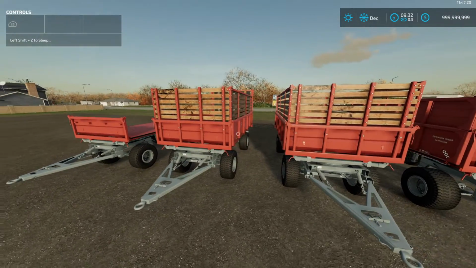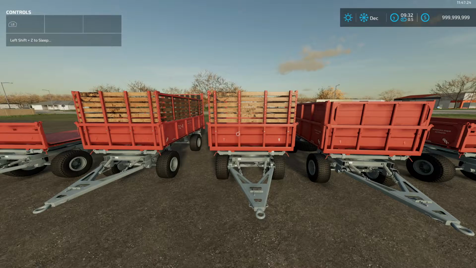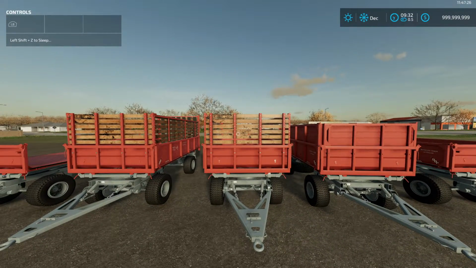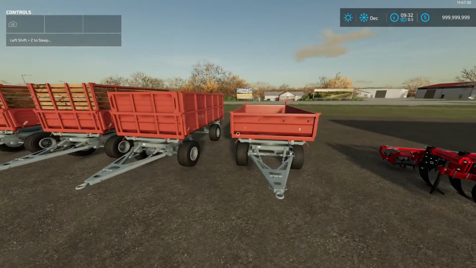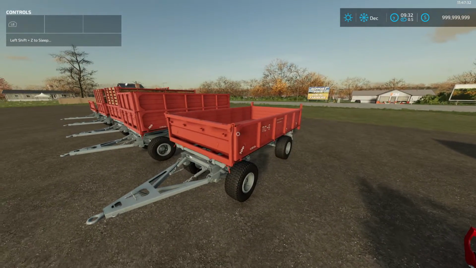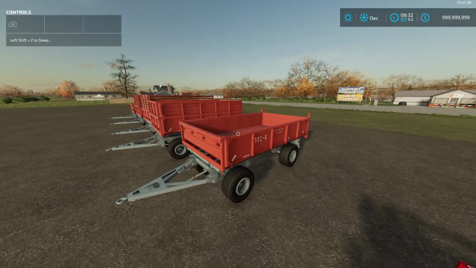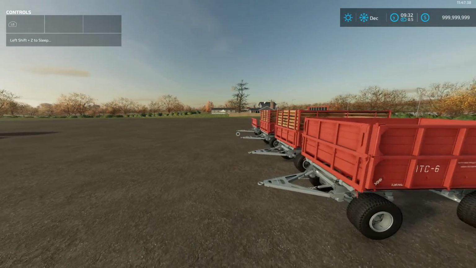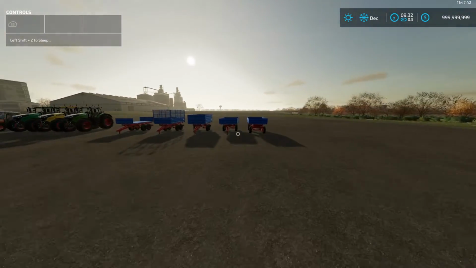And you can change all the colors and everything on it, from the frame, the box here. The wood stays the same, I believe. And you can change wheel colors and pretty much anything you want, any colors. You can also take off the logos on the side or change them. So there's that. Our next one here is